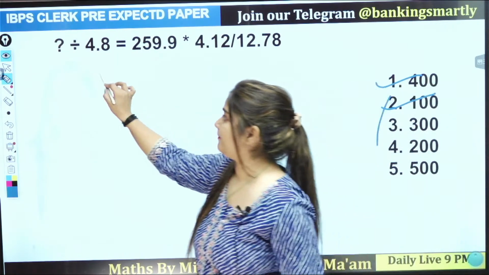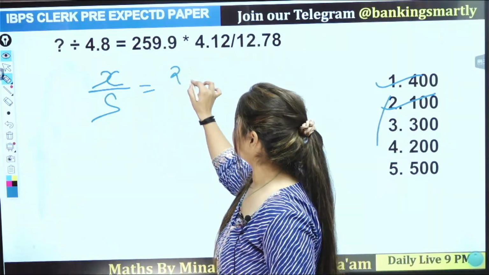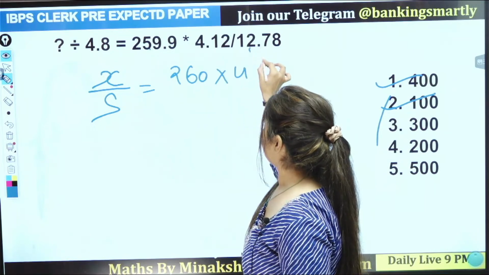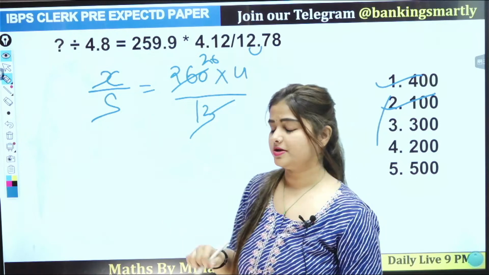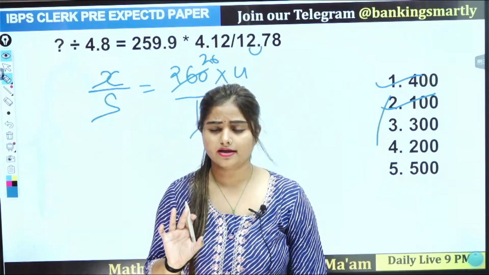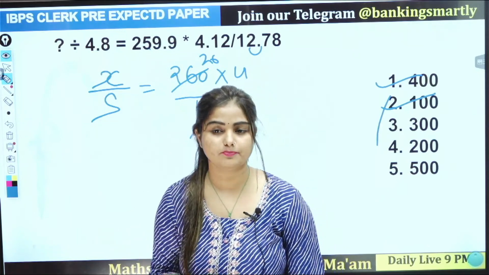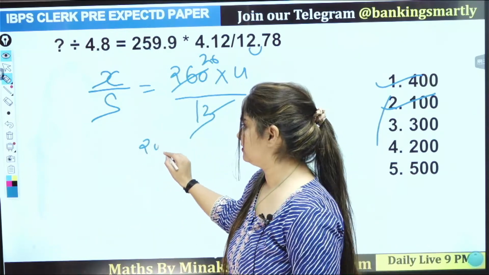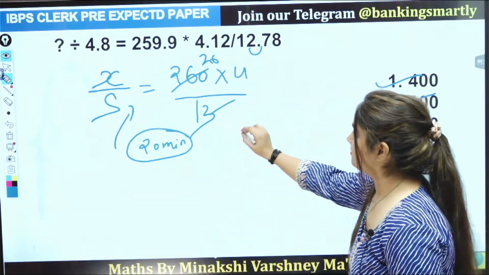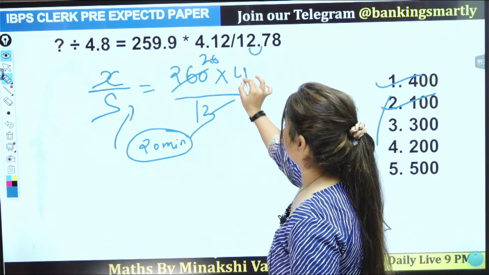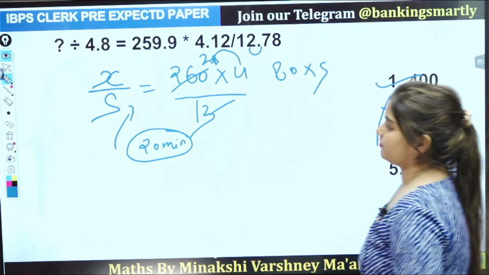Now you can do it with pen and paper also. X by 5 is equal to 260 into 4. Upon me, 12.7. That means 13. This one is a multiple of this. In approximation, you always get the multiple. Because they are not asking for tough calculation in prelims, because you have only 20 minutes. You have to use your mind more rather than your pen. Option number 13, 2s are 4, 2s are 80 into 5. That means 400. Option number 1 is correct.